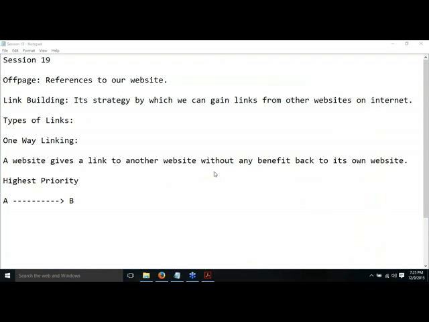But remember, one problem is there. It's not that easy to get the link like that. See, to get a link from Wikipedia, you have to be really a big company, or you have to grow to a good level. Okay, then only someone can write an article on your company name from Wikipedia, because Wikipedia is managed by all public. It's edited by the general public. So even if you add your brand name, if your company is small and you add it, other editors will immediately reject that page. So it must be having a good value, a brand name, then you can add your company profile